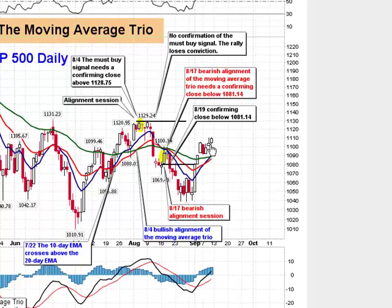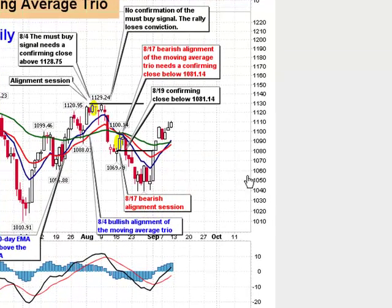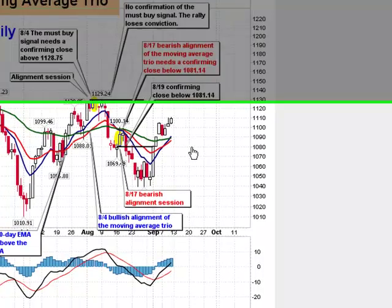But regardless, is this wave 2 done? If it takes out this top, then it might not be a wave 2. But is it done? If it's done, then we should go down to that 105.39 print this week. If we go down to that 105.39 print this week and then rally back up the next